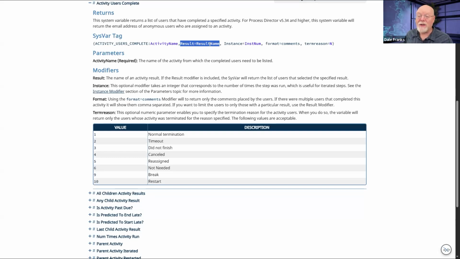So in that case, you might want to set result name equals deny and then format equals comments in your knowledge view so that you only see the comments that are the really important ones, the ones that you're requiring before they deny a result. So you can just ignore all of the comments for the approve result and just not show them and only show the denial comments. So this is the way that you get the comments back from a comment log control on the form.